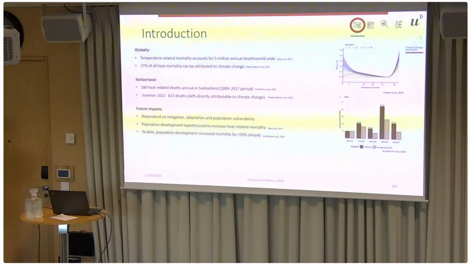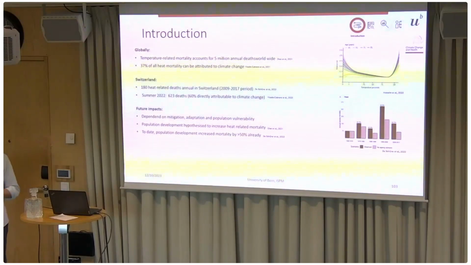However, the future impacts really depend on a couple of factors, right? So we have mitigation. Depending on mitigation, the effects can change. It depends on adaptation, but also on population vulnerability. Because previous studies, as you can see on the right-hand side, have shown that the risk is much higher for heat and cold in the elderly population. So the older you are, the larger the risk for the effect of temperature. And this should also be considered in future impact modeling. So when we have a larger older population, we expect that the population is more vulnerable and thus the impact should be larger.